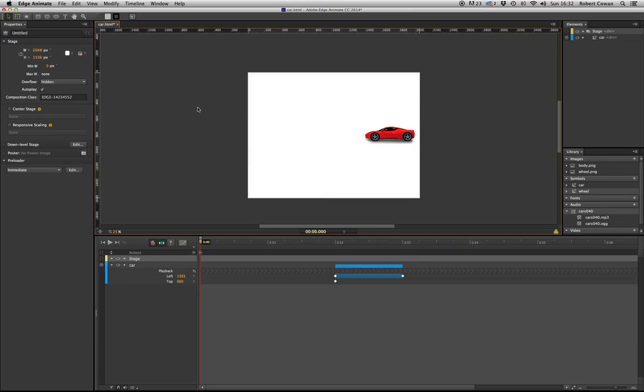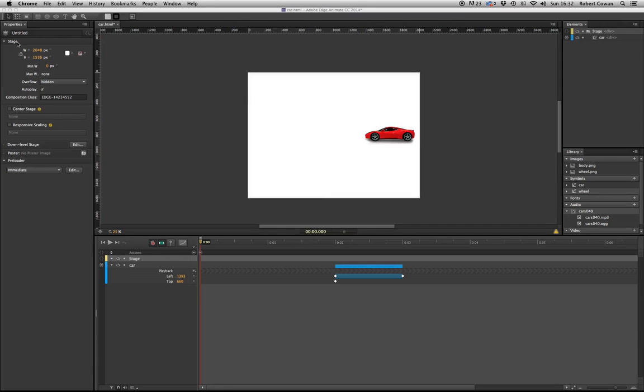Now let's test that again. So now what should happen, when we test it in the browser, the car should be static until I click on it. So here's my cursor. When I click on the car, sound goes, wheel spin. Perfect. And that is adding actions and click events to a simple